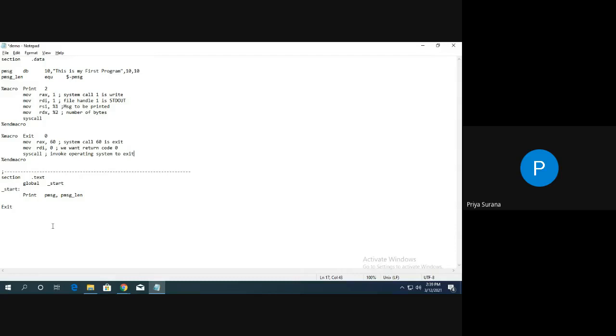Direct functions, user defined functions, or ready-made functions are not available in assembly language. Users are supposed to write code for each and everything. For example, I can compare with a C language program. You are using printf and scanf statements, correct? Printf and scanf are ready-made functions available.